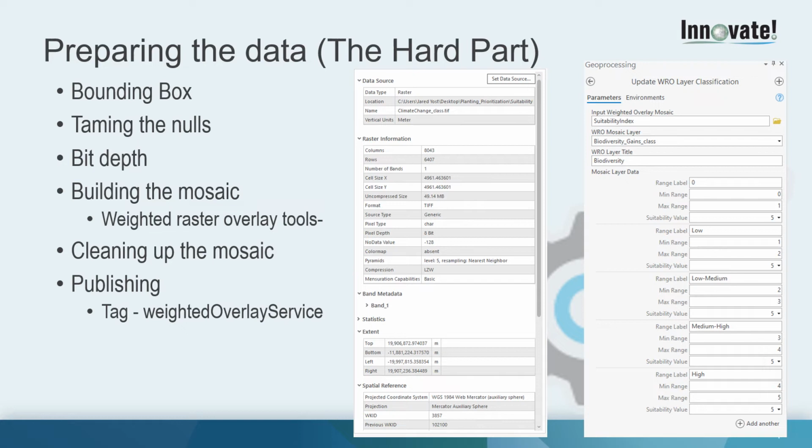Cleaning up the data is the hardest part of the entire process, making sure your data is in the right format, making sure that the mosaic is cleaned up. There are many different things you can do to make your mosaic run more efficiently. Once again, a topic that is at another level and much more in depth than we have time for right now. But get those things in place and you will be able to bring in your own data for the